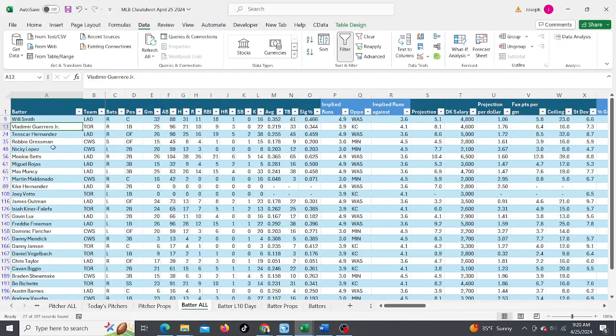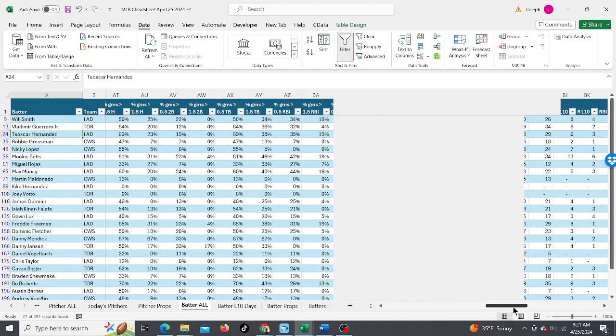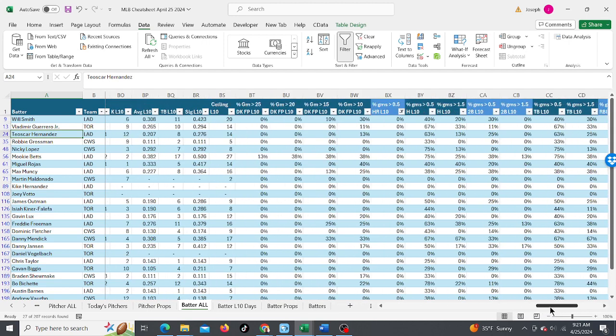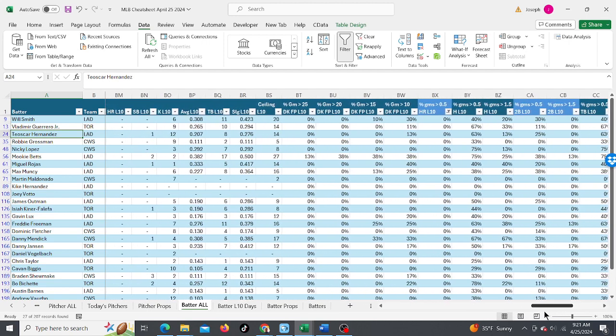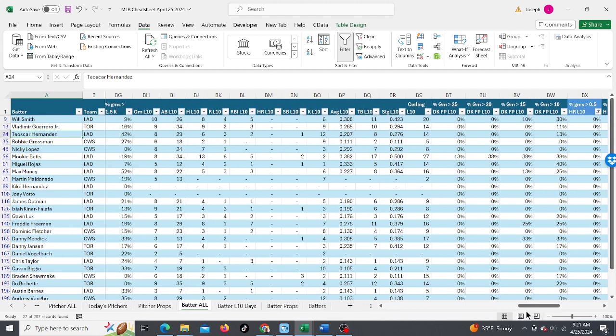Vlad at minus 1,200. Teoscar Hernandez. Actually, let's see how they've done in the last 10 days. Here we are. So, no home runs. Teoscar is batting .207.